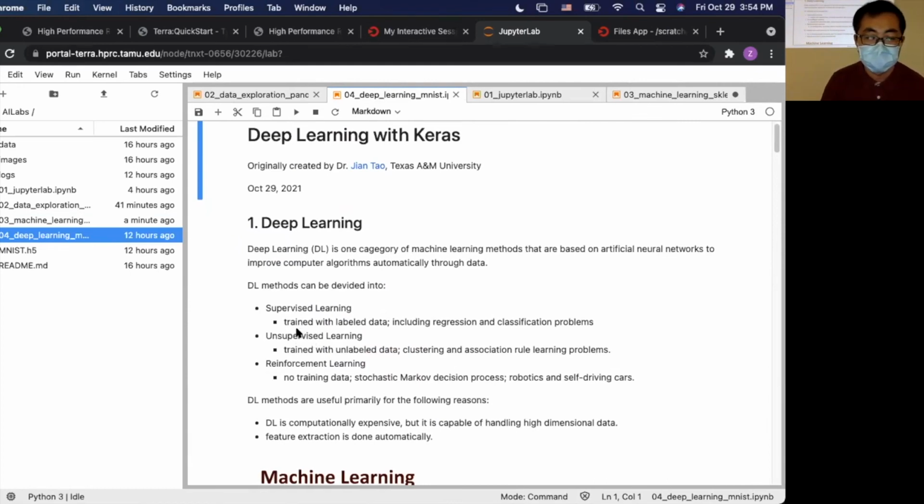So in supervised learning, you train the model with labeled data. For example, you have an image, and on the image it's a cat, so you have its label, and it's included in the regression and classification problems. For unsupervised learning, the training data doesn't have a label.